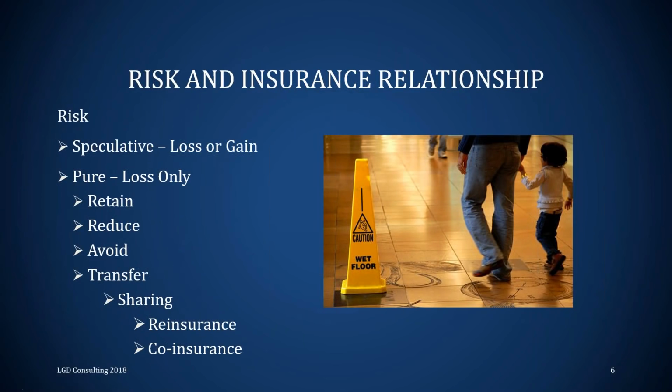Risk. Risk is defined as uncertainty of a loss. Everyone's going to get a question on risk. Now, there's 2 specific types of risk: speculative risk and pure risk. Speculative risk is associated with gambling. With gambling, you can win money and you can lose money. So there's a possibility of loss or gain. That's a type of risk we won't insure. Remember, if you can get a gain out of insurance, we're not going to issue a policy.